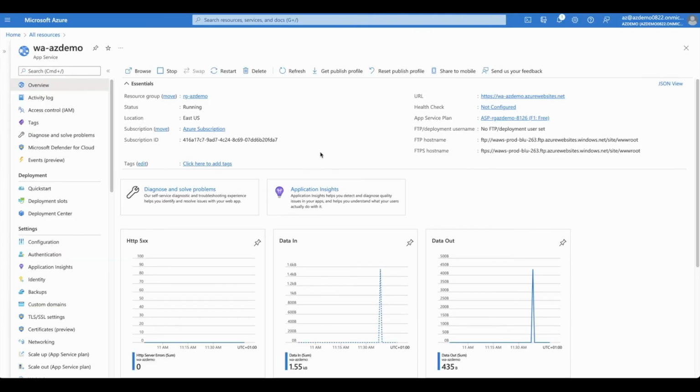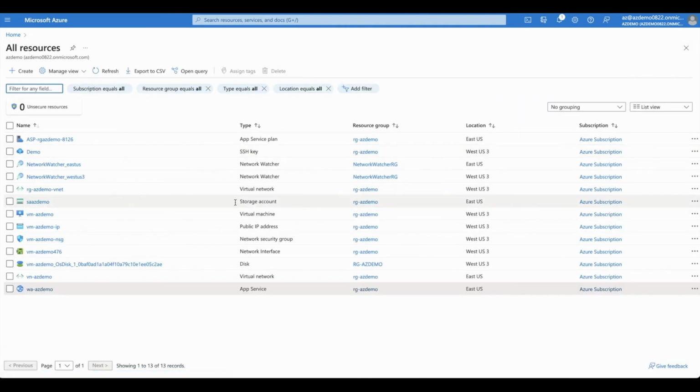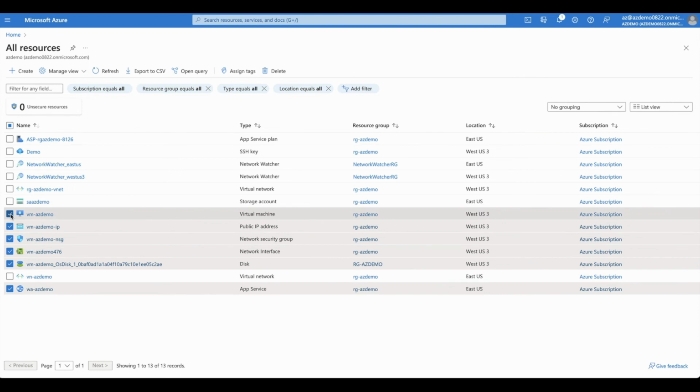So this is a form of service which under the hood uses a virtual machine, and it has a disk, it has all of these things that we are creating over here. But just by using this one service, it's saving us the effort of dealing with all of these other services. So it's making our job a lot simpler, along with making it easier for us to scale as well